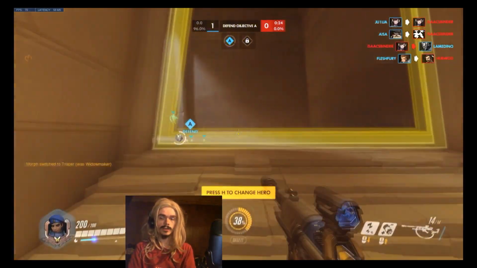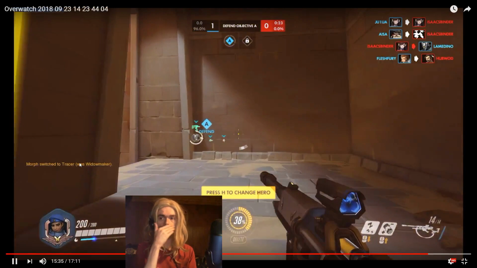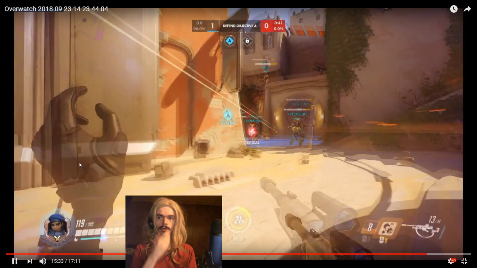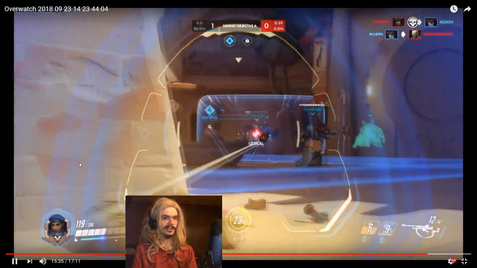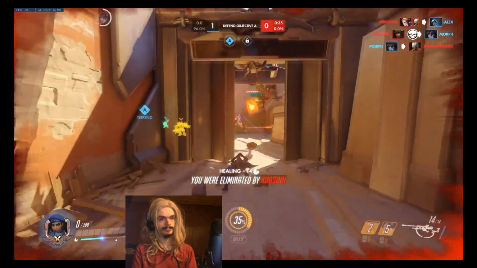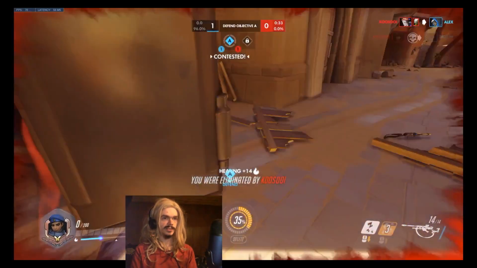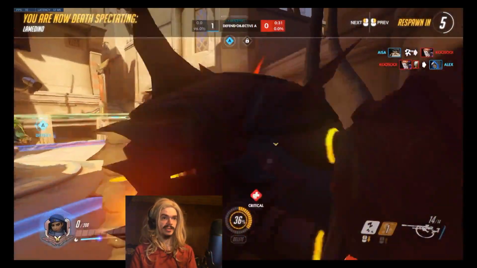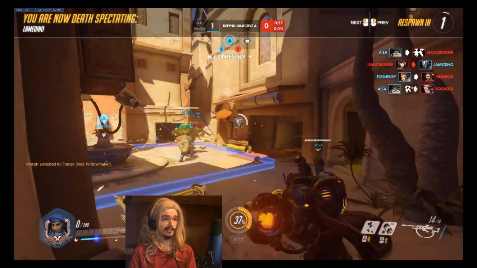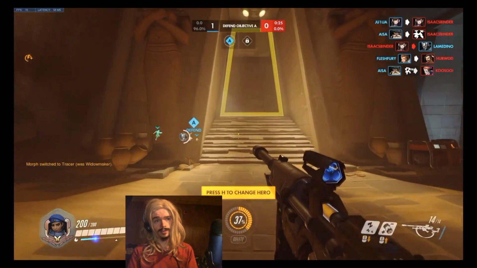Why did we die? What happened? I was talking about Zenyatta still. Moira is always the one killing us, it feels like. Or McCree doing some weird stuff. Yeah... It's not a great place to be standing, but also we didn't have many good opportunities to move around the backside over there, so...